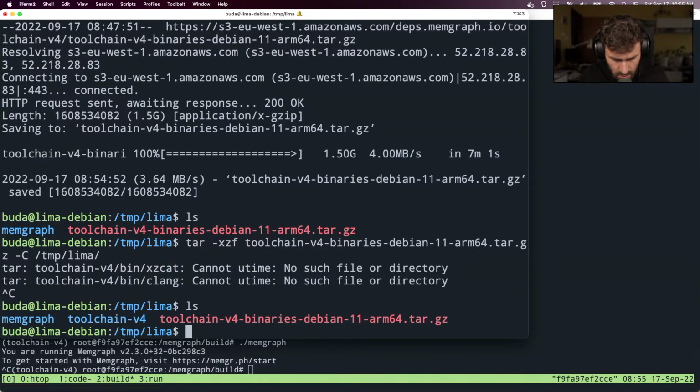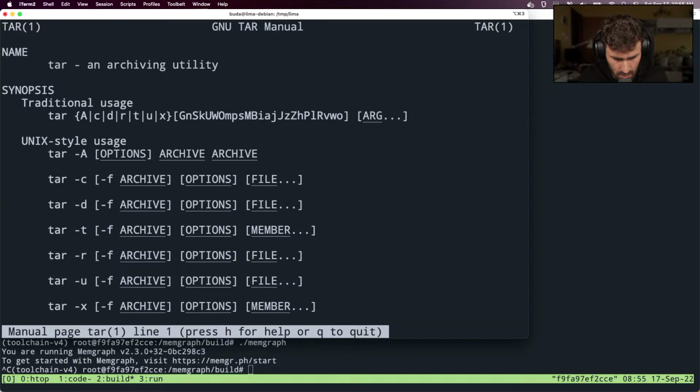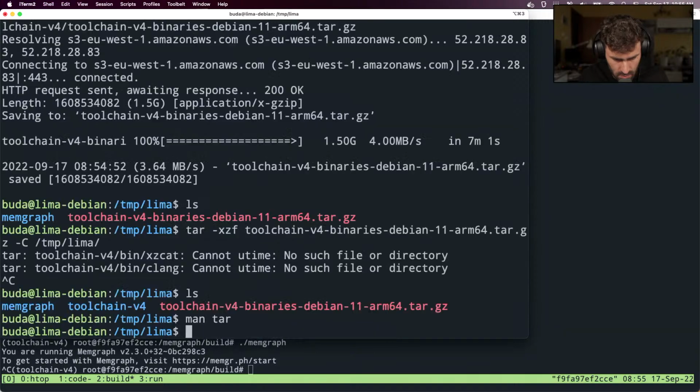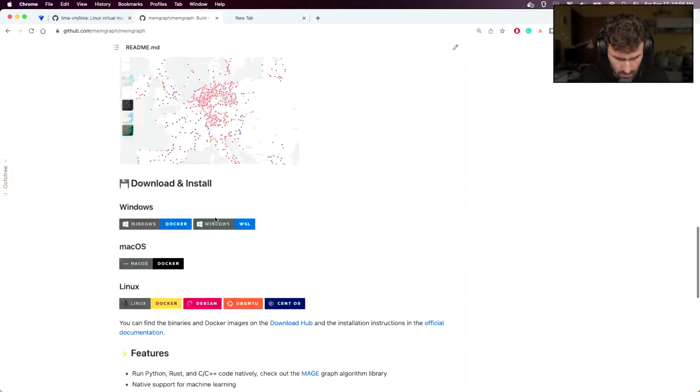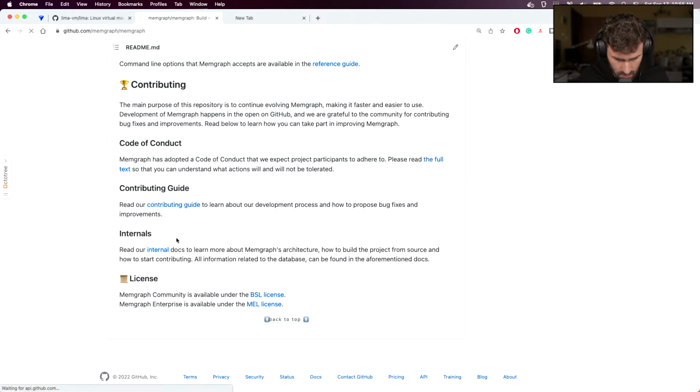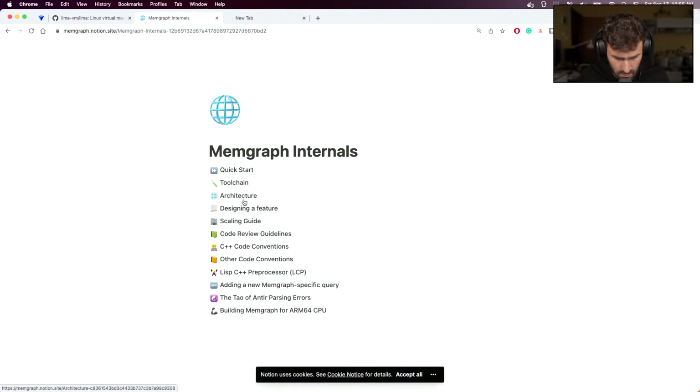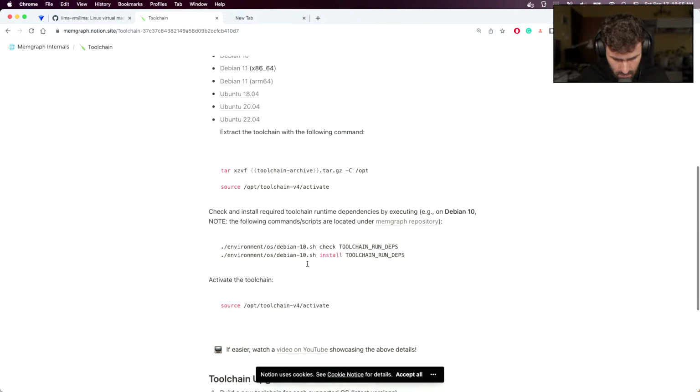Cannot time. What is that? Tar should be here. Oh, I need help here a bit, because maybe we need some flag. Well, F, but I think it's just,